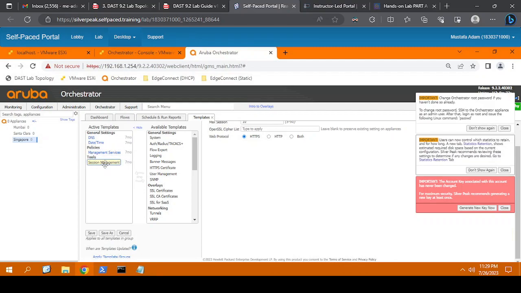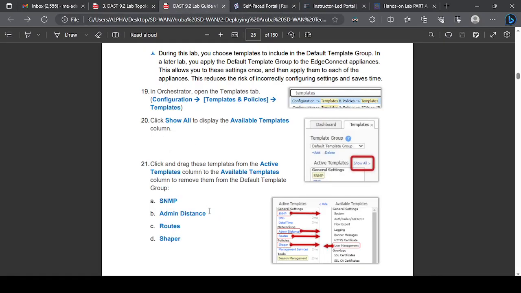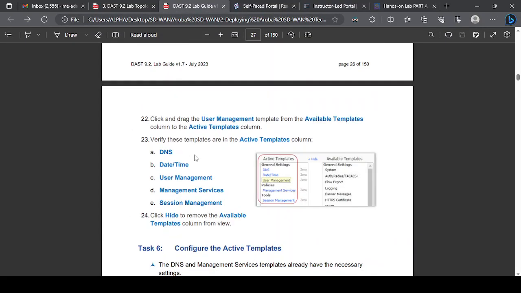So that takes out the risk of mistyping something or stuff like that. So if you have anything, you can make a template out of it and push it down to whatever appliance you want to. So let's see. We'll configure these three things: DNS, time, and